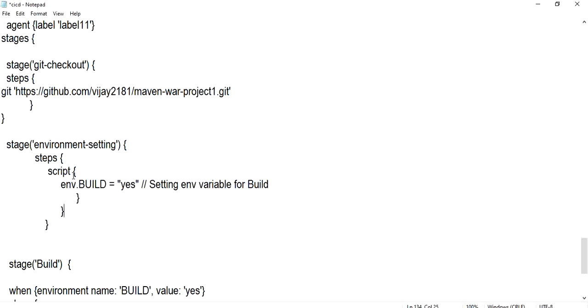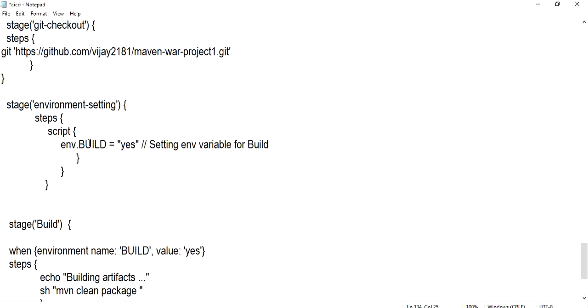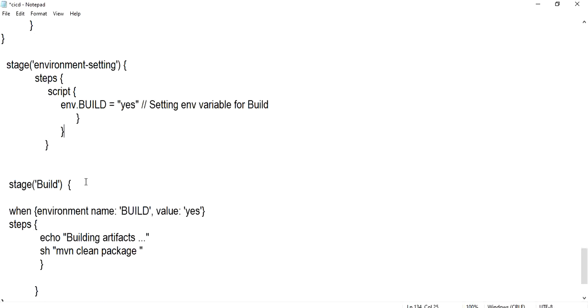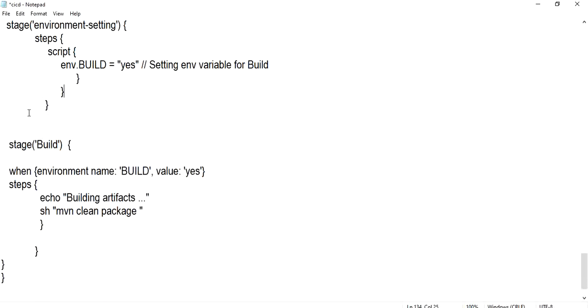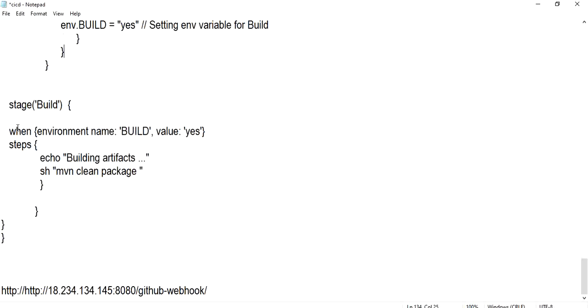I have chosen scripted syntax to set up the environment variable. This is the syntax: env.build. If build equal to s, this is the environment variable. If build equal to s, then it has to go to the next stage. Here the stage is build.